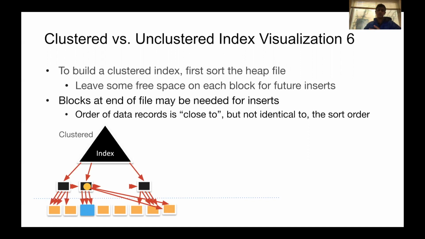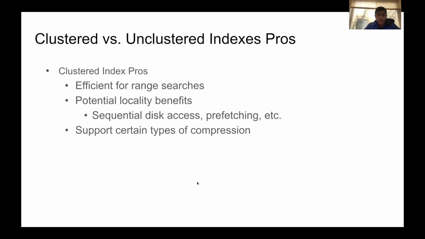So really speaking, at times, as the file gets more and more disorganized, you might want to do some housekeeping to resort it and maintain and preserve that clustered structure. And so some pros of clustered indexes is that they're very efficient for range searches, and there's locality benefits that you enjoy. You can imagine why they're efficient for range searches because, if I'm looking for a range of records